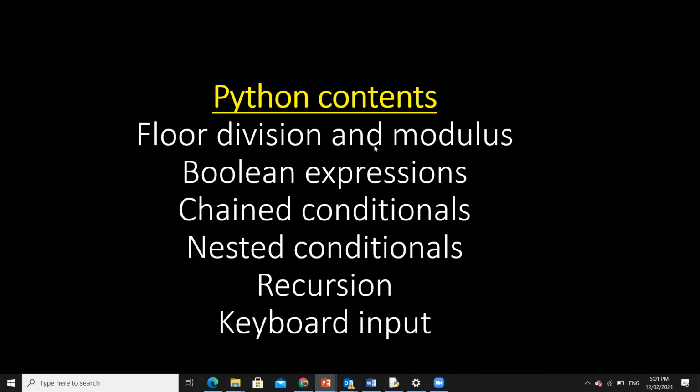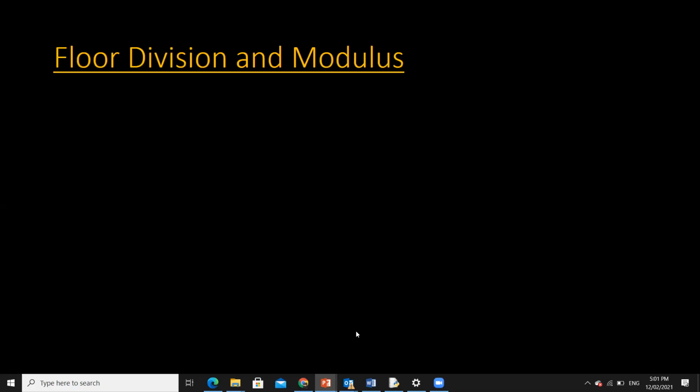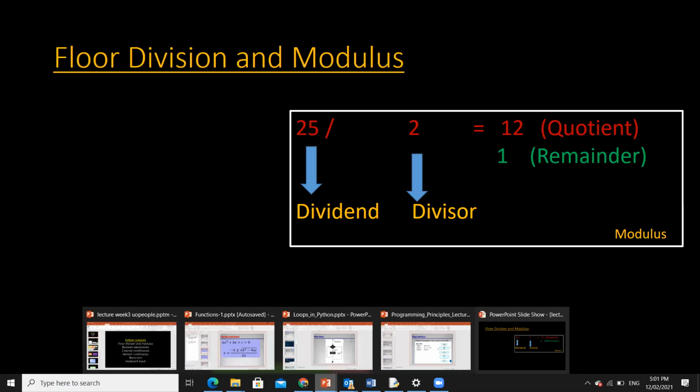So today we will cover floor division and modulus, Boolean expressions, chain conditionals, nested conditional, recursion, and keyboard input. Okay, guys, floor division and modulus. So let me remind you that